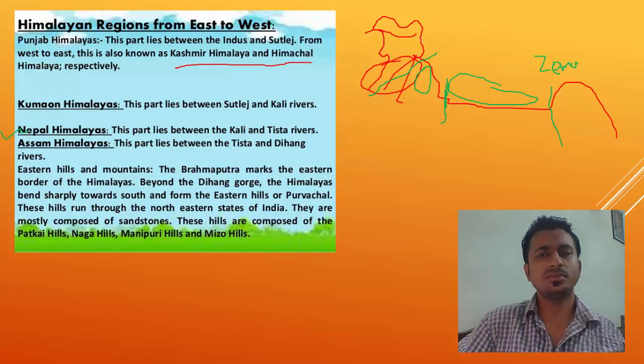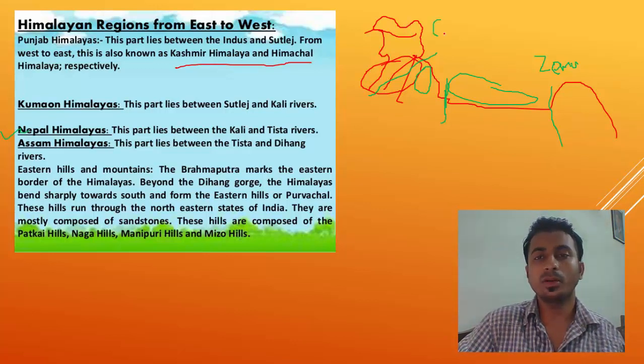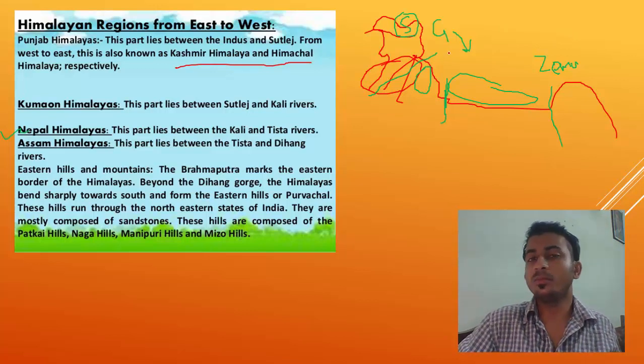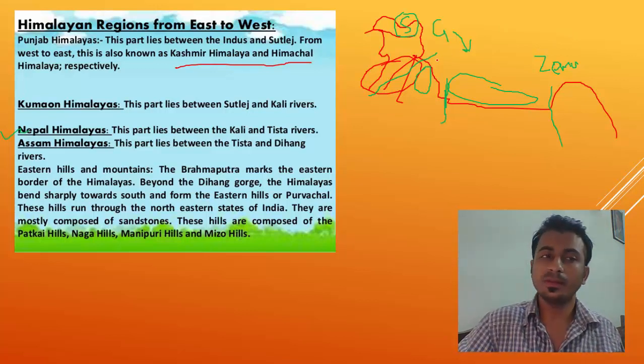Do you know more glaciers? You will write in the comment section one or two glaciers which you know. I will tell you a few glaciers, remember them. We have got Gangotri, from which Ganga comes. Then we have got Siachen Glacier, India Pakistan war. Siachen Glacier is always in news whenever an India Pakistan war or something occurs. So Siachen, Gangotri, Zemu Glacier. Now if you remember any other glacier, please write in the comment section.